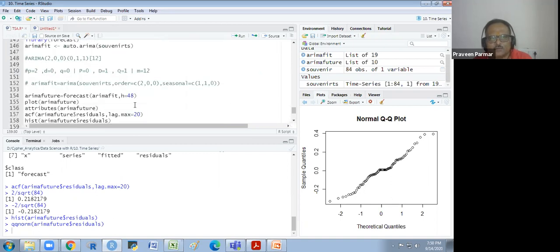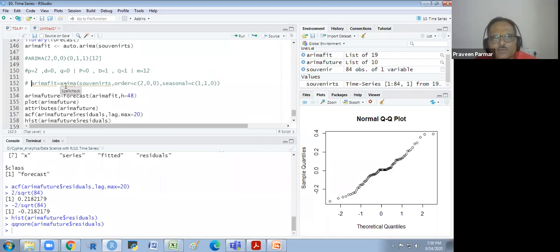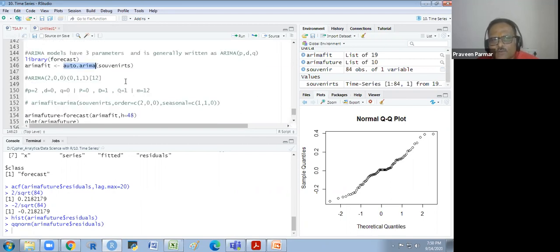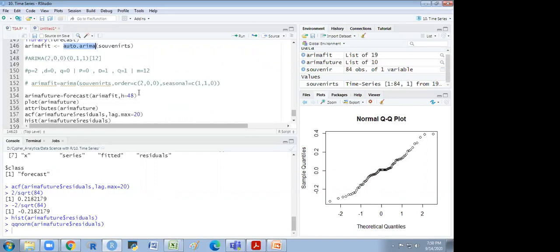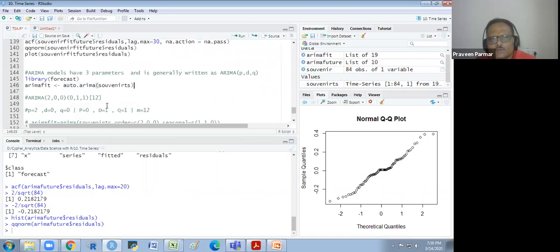Auto ARIMA we could do in this way, and we could order the things by ourselves also. There is the ARIMA model, previously we used it, but now there is a new function, auto.arima. It calculates everything and gives us the correct values required. So you see, if we use the ARIMA, then we get the same thing. But we use auto.arima because we don't want to go through this, we have to do for P, D and Q.